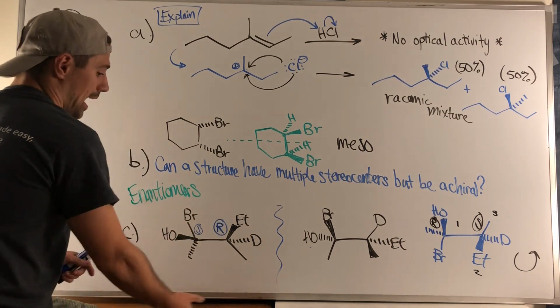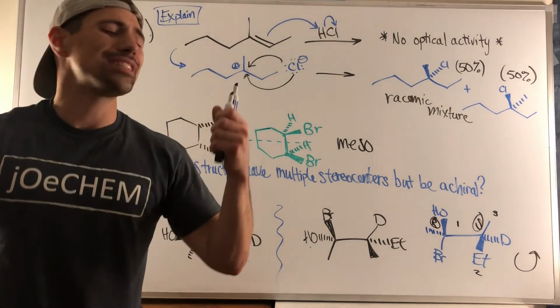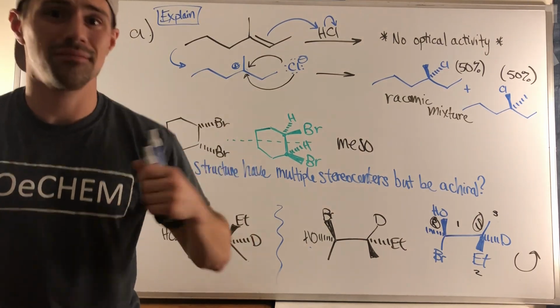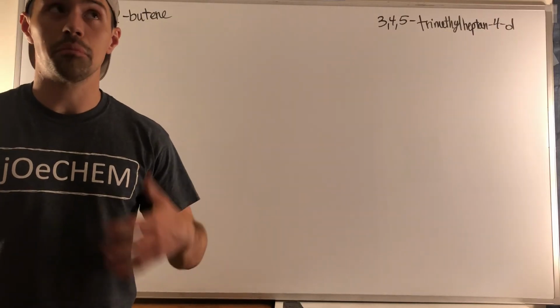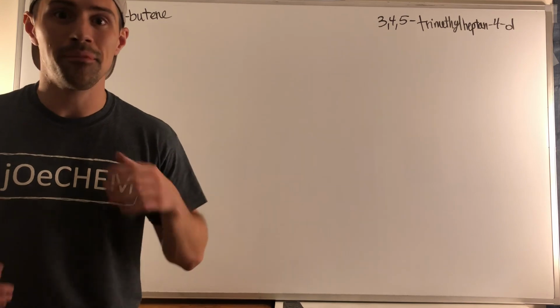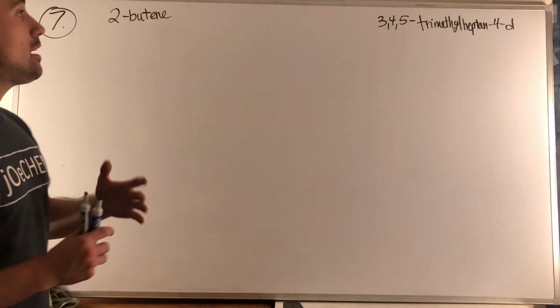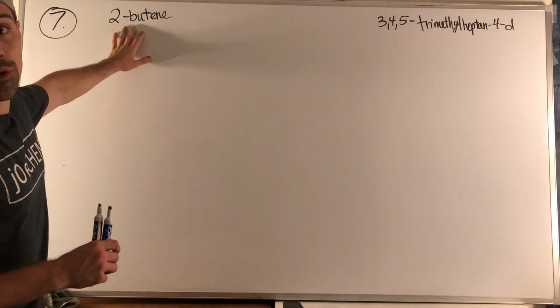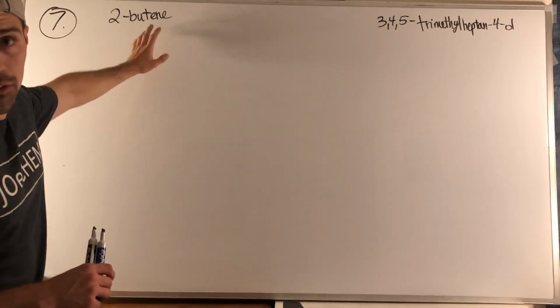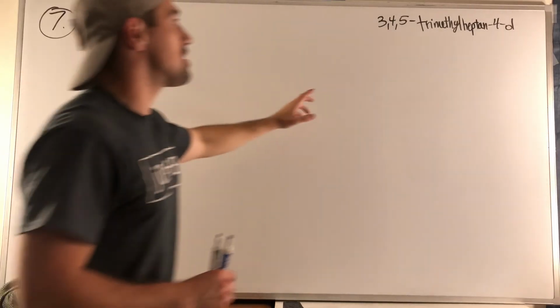Okay, gang, that was problem 6. We got one more. Stick with me. 7. Let's finish strong. To finish out the practice final exam here on jOeCHEM, we have a synthesis problem, gang, and we need to, using 2-butene, as much as we need, synthesize